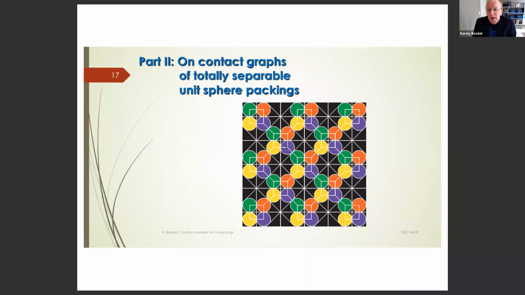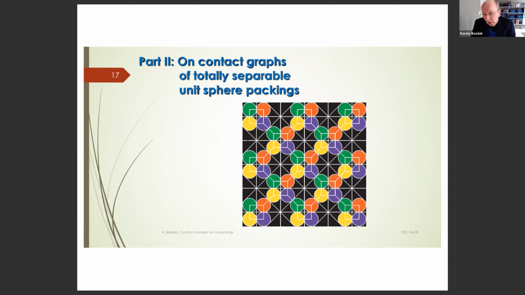No matter which 2 unit balls we choose, say this green unit ball here and then the yellow one, there must exist a hyperplane separating them such that that hyperplane, in this case this horizontal line, is disjoint from the interiors of the packing elements. This line that separates my 2 chosen packing elements must be disjoint from the interior of each and every packing element. If that holds for any pair of unit balls, we call the packing